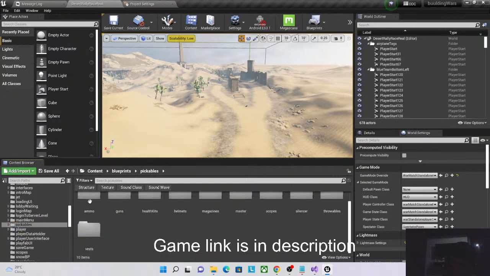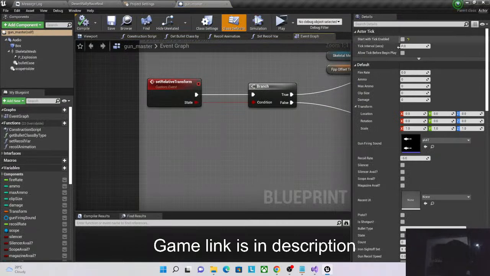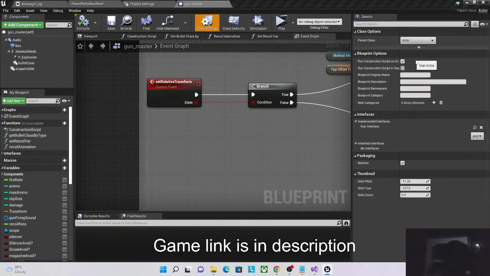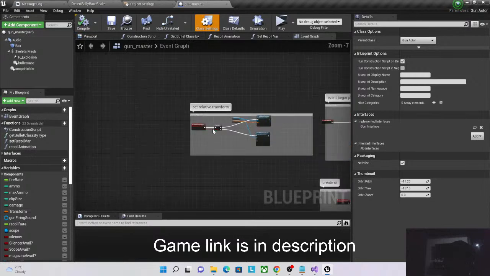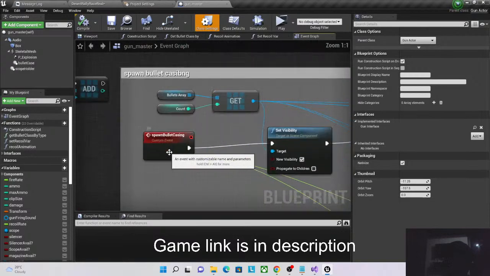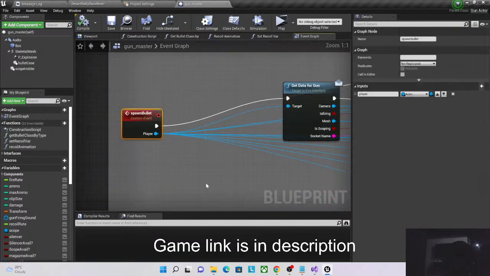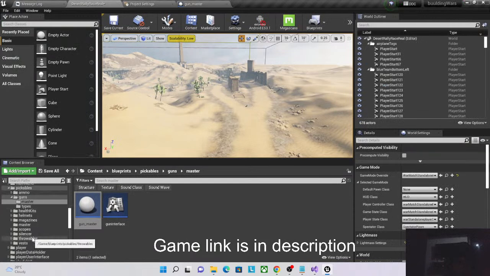Pickables, guns master. Now it is working. Okay. Now where is gun? Yeah. Here we are calling spawn bullet. Keep it one. So now if we go to our player,